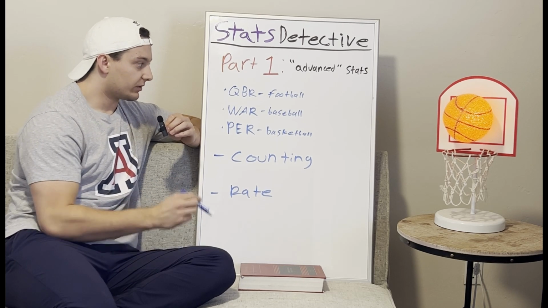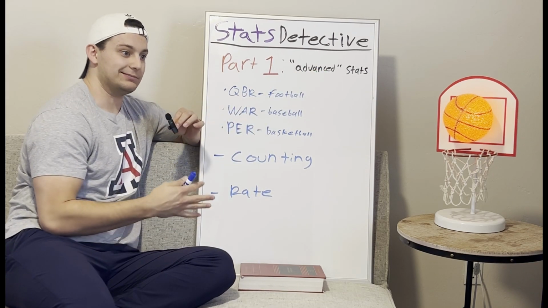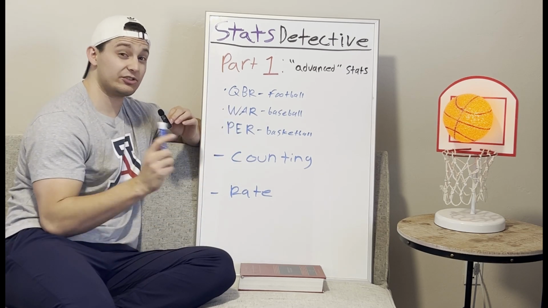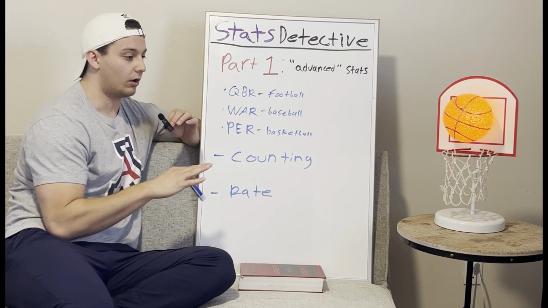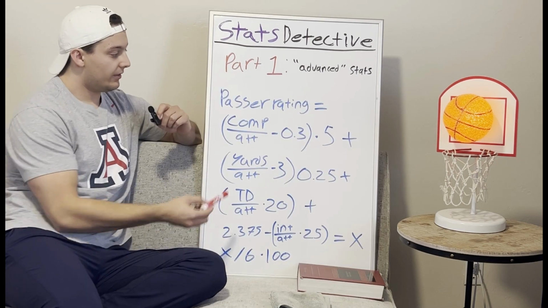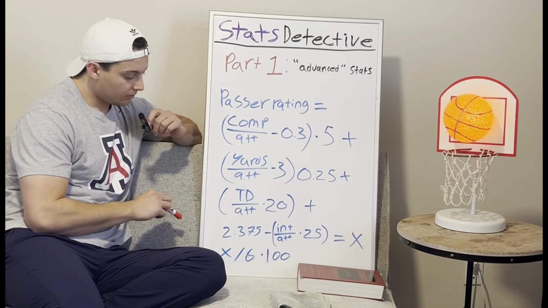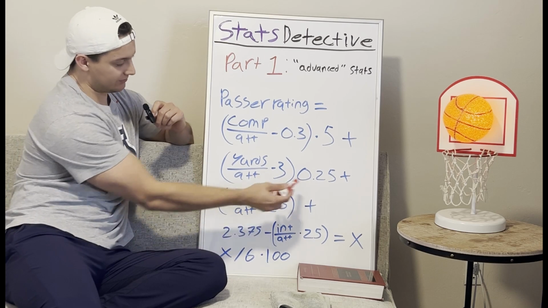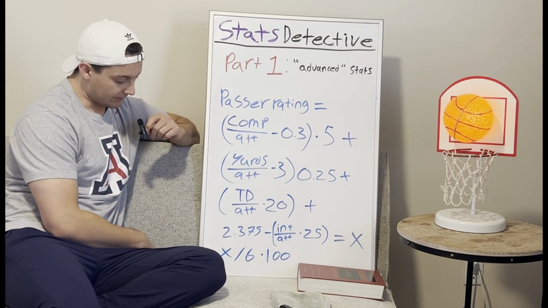But to further delve into advanced stats and why they are really flawed, we're going to do a case study on QBR and passer rating. And we're going to start with passer rating because the formula is known. We're going to walk all the way through it. This is the formula for passer rating. So you might be thinking, well, there's a couple statistics in here, but then there's these numbers that have nothing to do with the statistics really. And you'd be right about that.